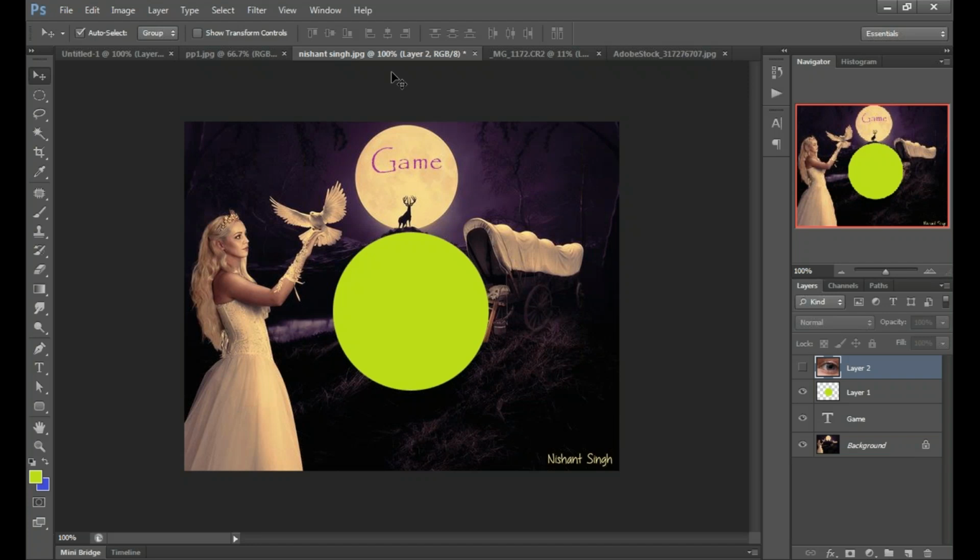Thanks, Nishant. I think this is clear enough to understand the basic thing, because the more we practice, the more we'll get a hang of it. Photoshop is a very large tool. It never ends. Actually, creativity never ends. That's why Photoshop never ends. So you have to do more practice on that. It's a very good software application for creative persons.